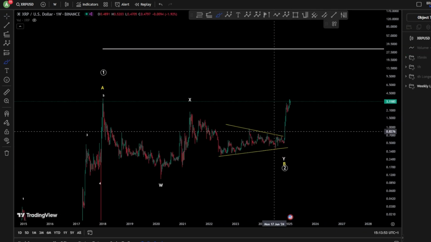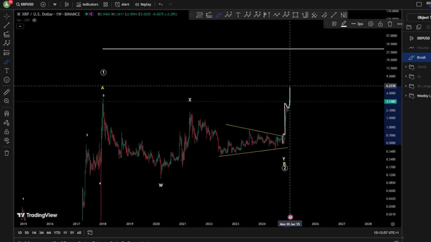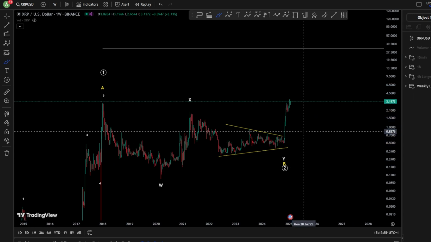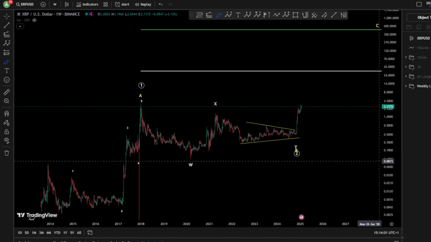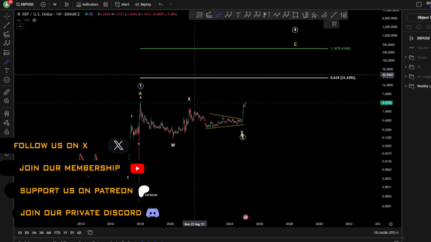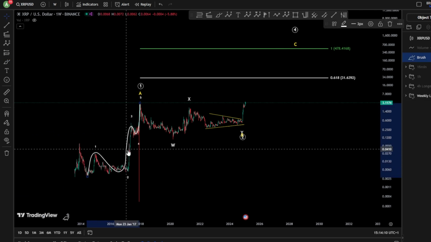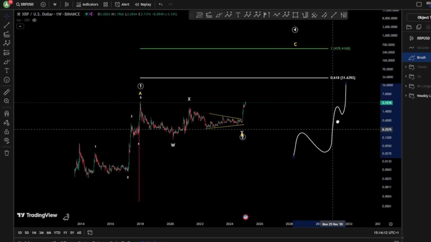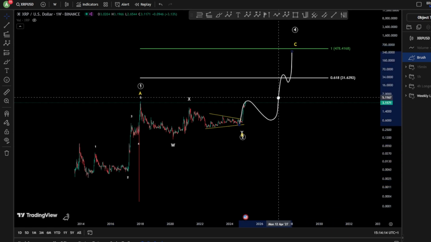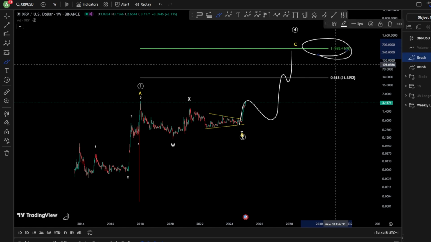After this long correction, which was a 5-year correction, we are of course looking for higher prices, and here we go. A very bullish scenario is unfolding. The potential targets are, let's say on the logarithmic chart here, we are looking at a second impulse, the same as your wave A, to repeat exactly the same for your wave C, meaning the 1-to-1 fib level on the logarithmic chart, of course, is